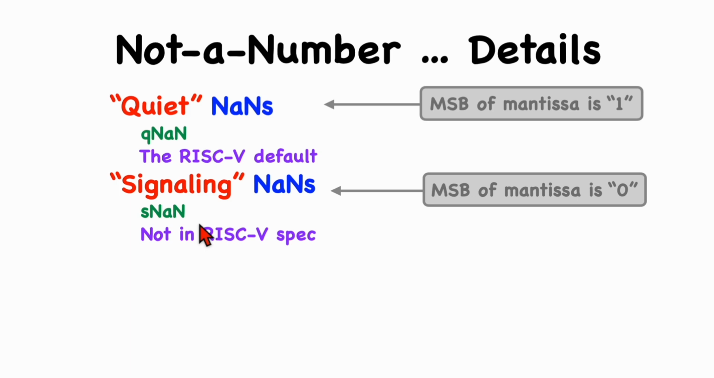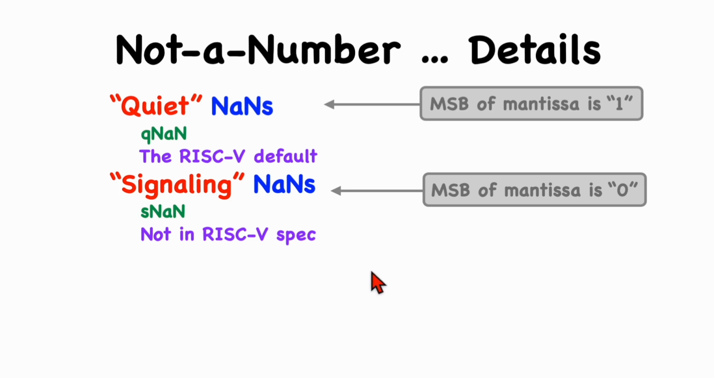If signaling NaNs are implemented, then the most significant bit of the mantissa is used to distinguish between quiet and signaling. If it's a 1, the NaN is quiet, and if it is 0, that would be a signaling NaN. And with RISC-V, all NaNs are quiet by default. Signaling NaNs are not normally used, and it's probably better to ignore this distinction rather than get overwhelmed with the